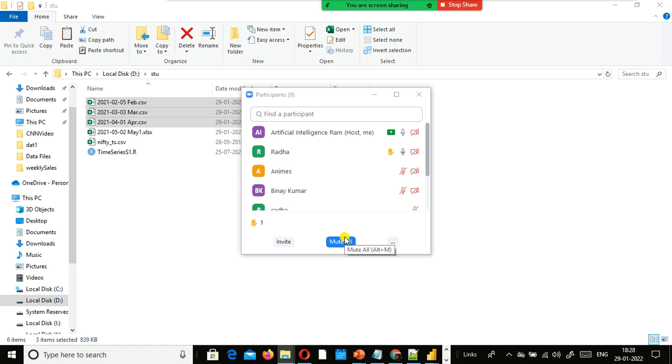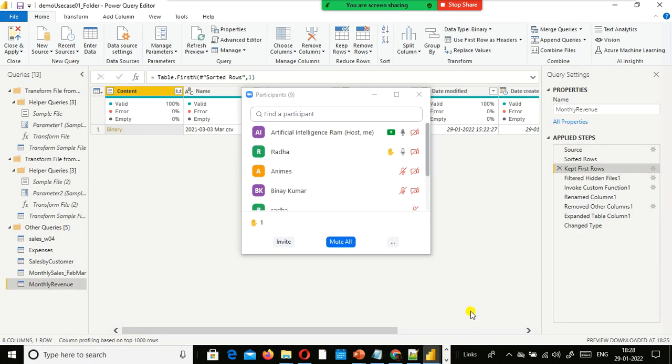Once we take the recent March data, whatever transformations we did in February, the same transformations are applicable for March also, right? Correct. But that necessity will not be there, means how? No. The point is, once you follow this naming convention, and once you enable the kept rows first, right? Okay.